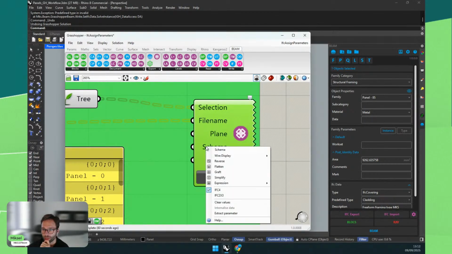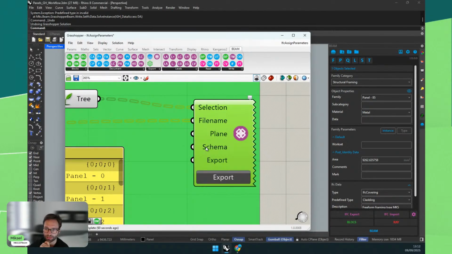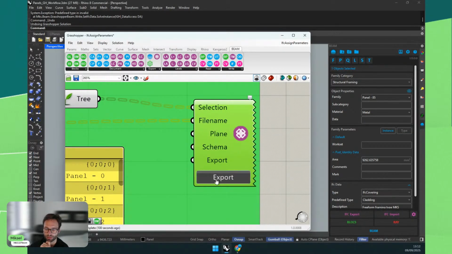We can choose the scheme as well. Okay, so if you right click on it, you can choose from this, or you can plug this exact text. But the easiest is just to click on schema and say, okay, I want 2x3 or IFC4. And there are two ways of exporting. This is because some people asked us to do it in a way or another way.